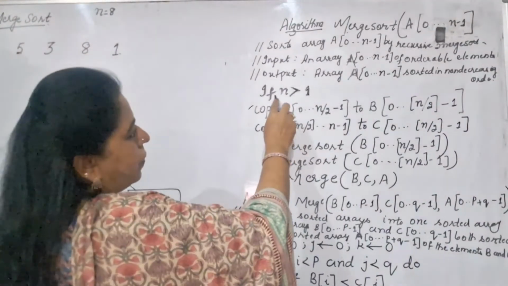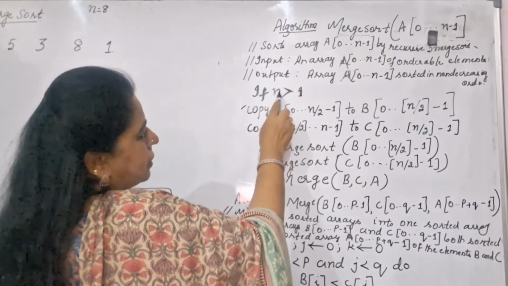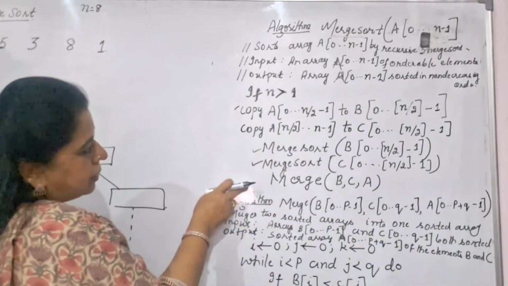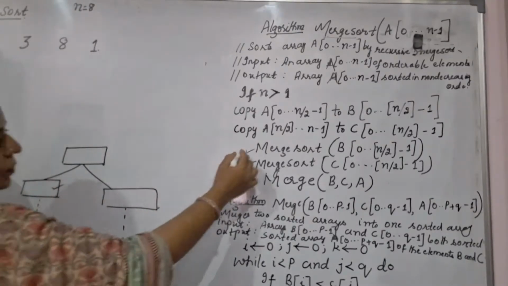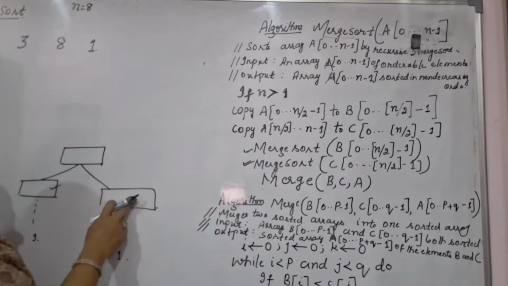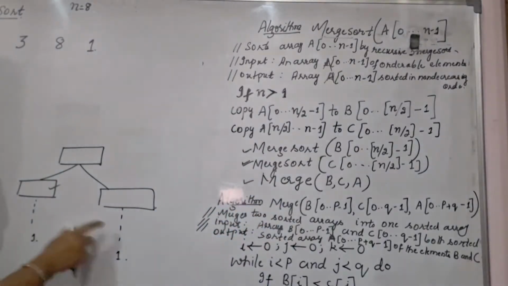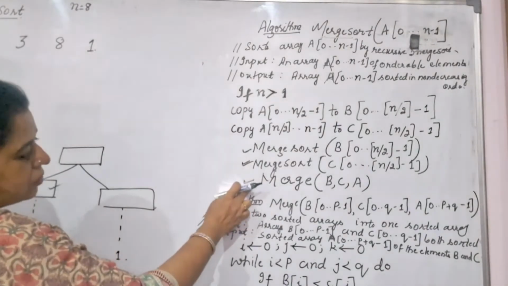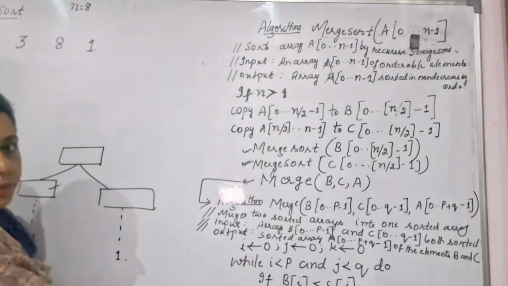You can see in the pseudocode, this is the algorithm merge sort. You carry out the operations as long as n is greater than 1. Until you reach only one single element, you keep on doing these steps. So what are these steps? I will explain to you. This is the first half of the array and this is the second half of the array. Merge sort is applied to the first half of the array, and merge sort is applied to the second half of the array. Then you have one more function called merge. Once you keep dividing the array, finally you are going to combine it. For combining you are using this function merge, and the definition for merge is written over here. All these steps I will explain to you.